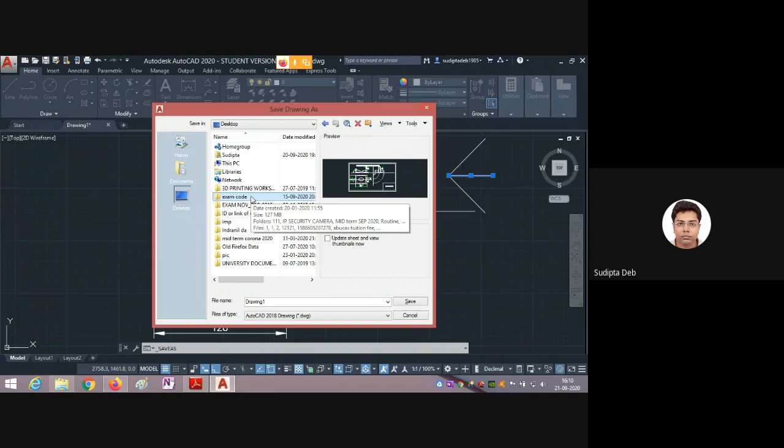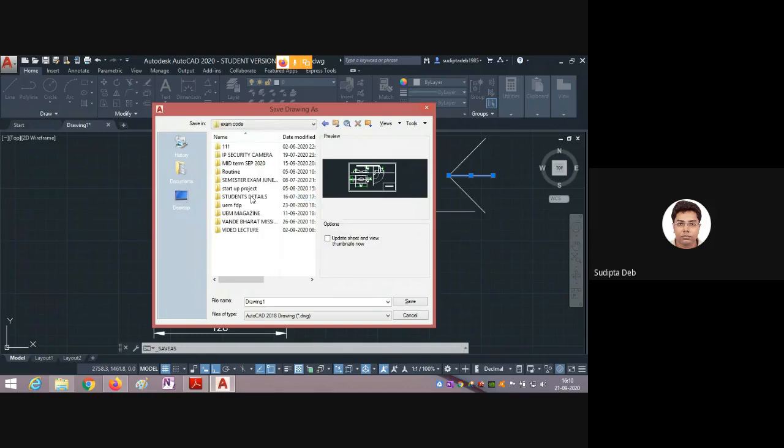Suppose here, if I want to select the drawing section, I'm writing drawing underscore assignment 5 section F. So I have given the file name, and the file type will be .dwg. Save the file.